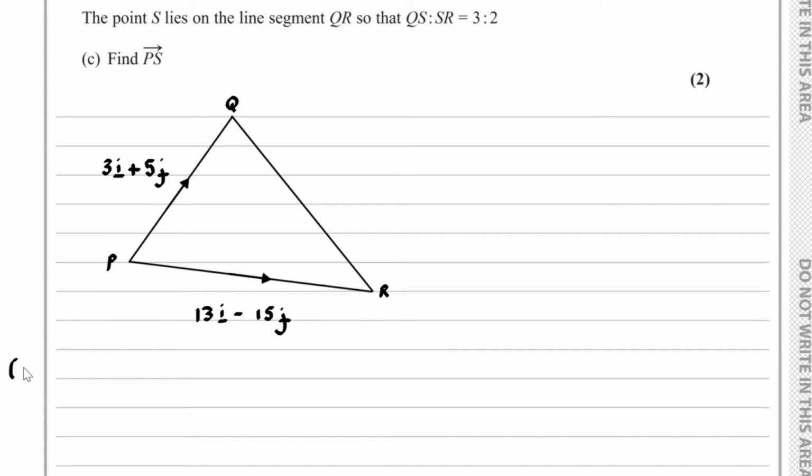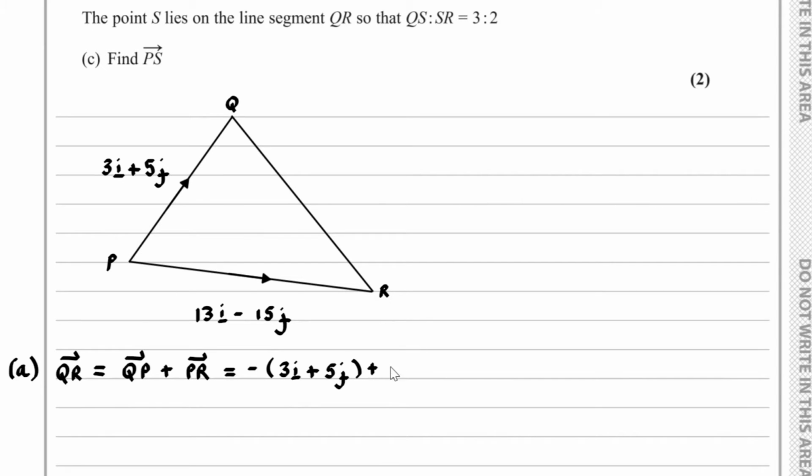So for part A of the question, we've got the vector QR equaling the vector QP plus the vector PR. So the vector QP will equal negative 3i plus 5j,